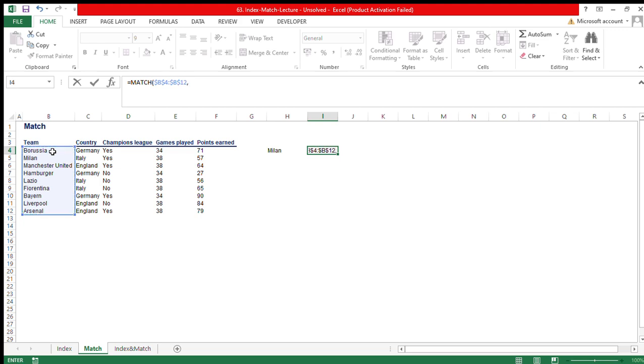Comma, lookup array. What will be the array? Okay, so you need this one. Sorry, my mistake. MATCH lookup value, what value you are looking for. The name itself says what is the value you are looking for in that cell. Okay, this is the value I'm looking for. Make it fixed, comma, lookup array. I already said earlier, what is an array? An array is a list of values. Okay, this is the array,